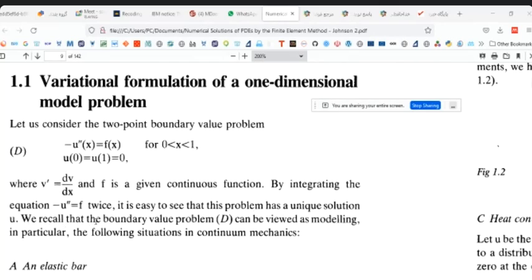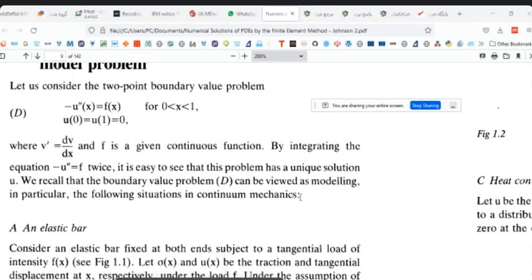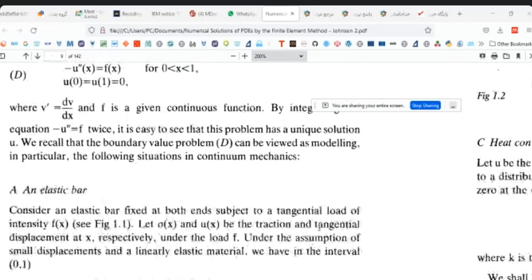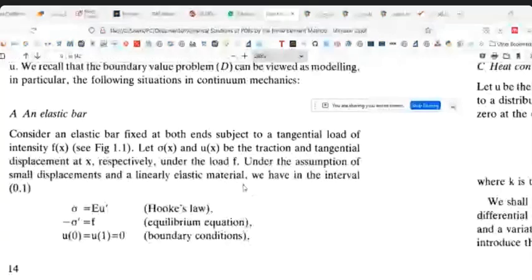But we recall the boundary value problem D can be viewed as a model. In particular, the following situation is in continuum mechanics. The next example is called an elastic bar. Consider an elastic bar fixed at both ends, subject to